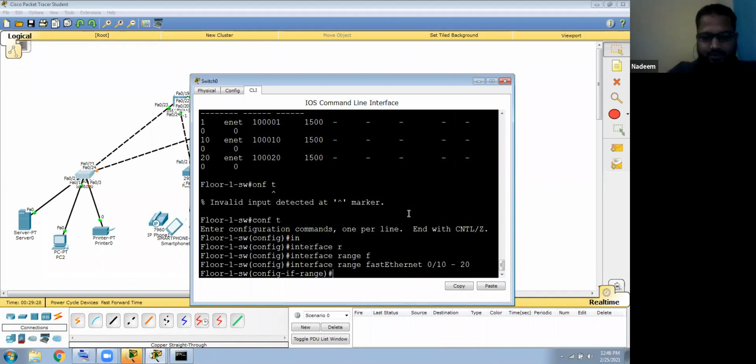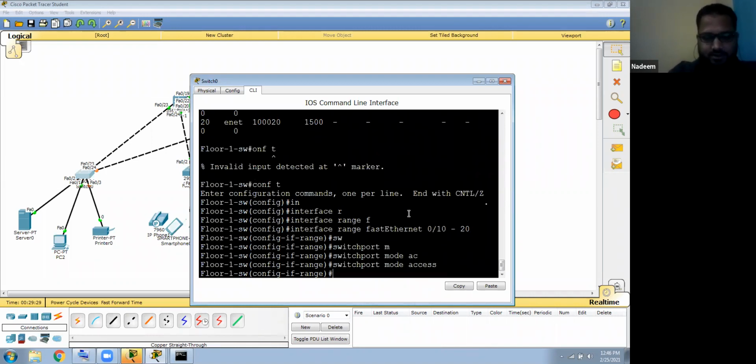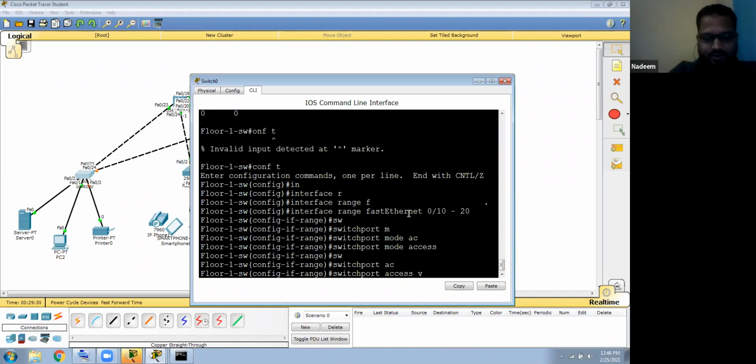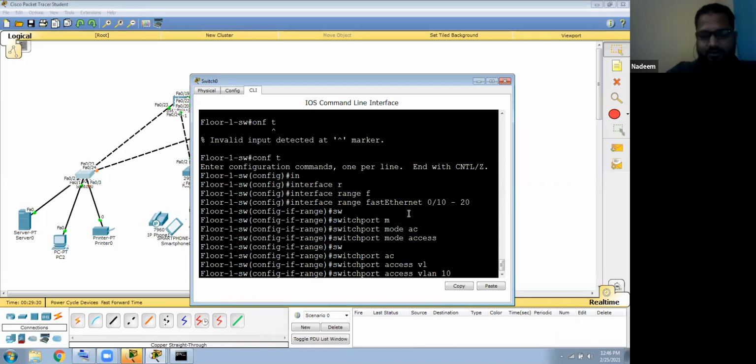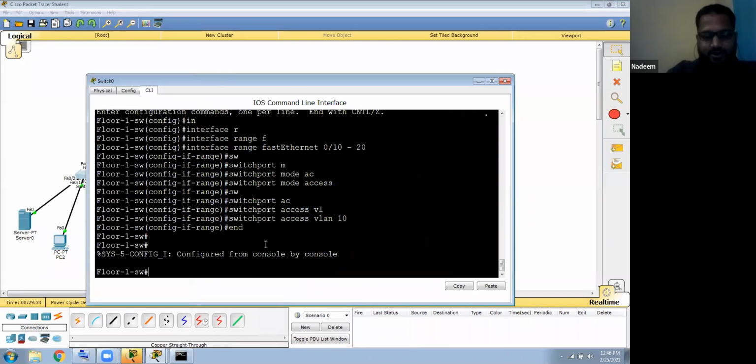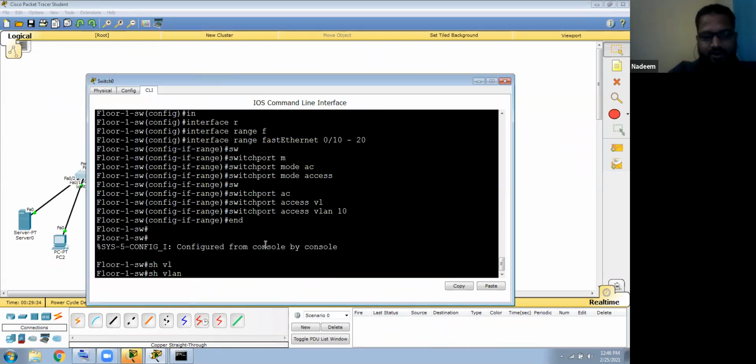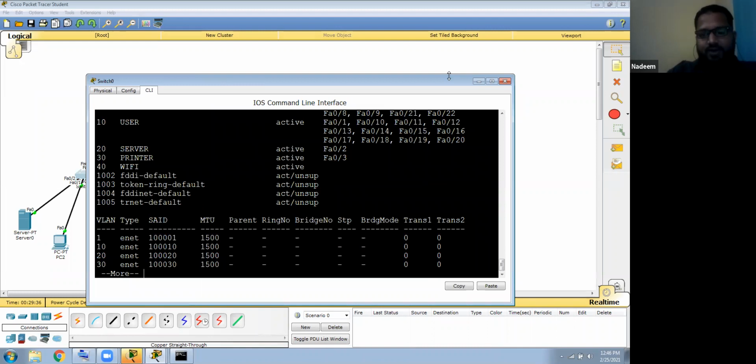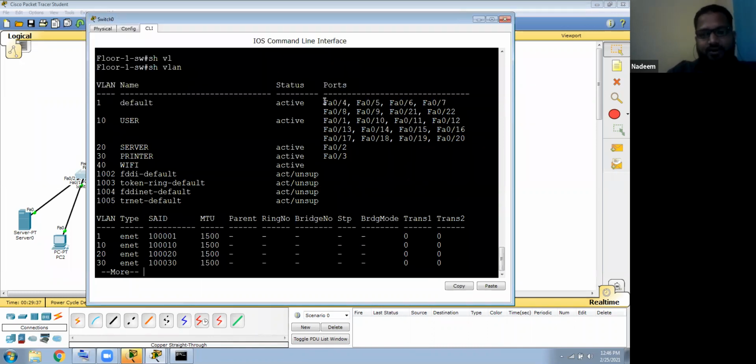I'm making all of them switchport mode access, switchport access VLAN 10. I'm making them part of the user VLAN. That's done. So if you go here, show VLAN. See, by default all are in VLAN 1, it is there.